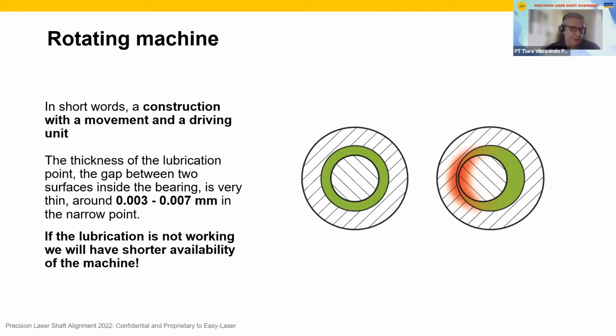It's around 3 to 7 micron at the narrow point. Now, if the lubrication is not working, we will have a shorter availability of this bearing and of the whole machine. So imagine how much and how quickly this 3 to 7 micrometer